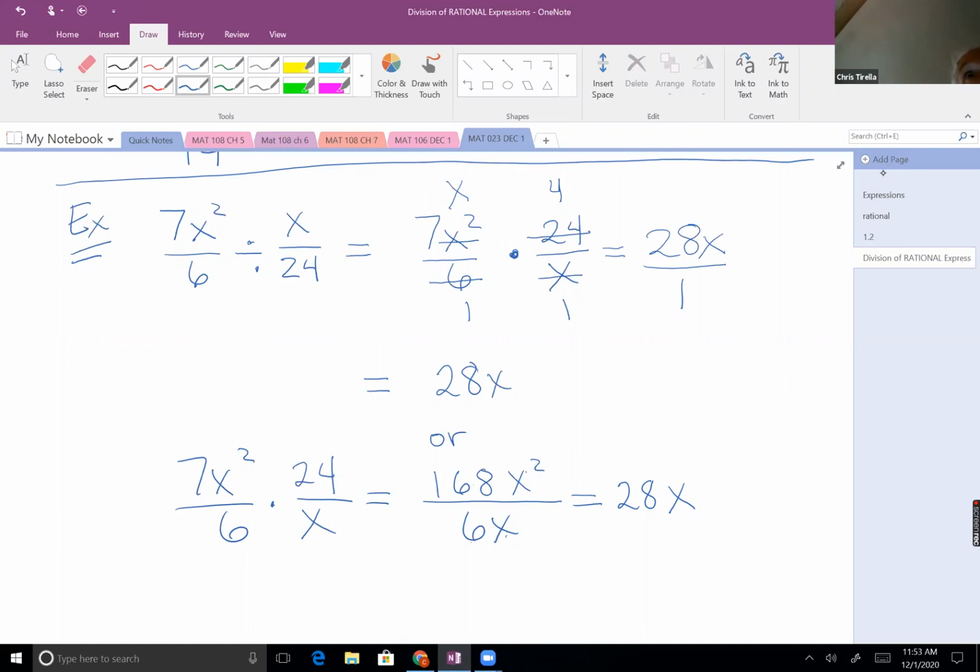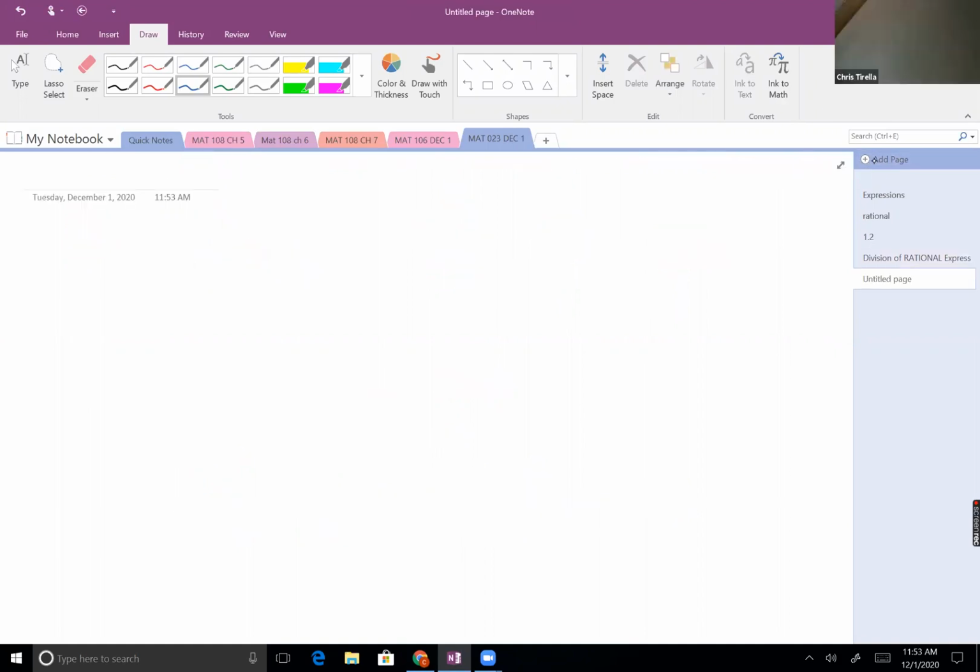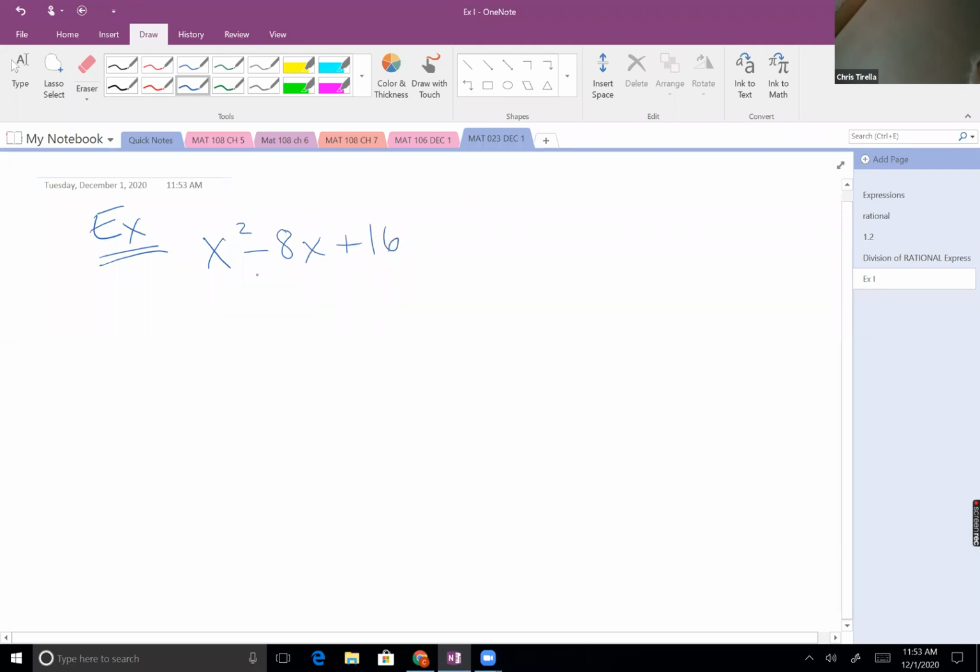Questions on that one? No. Then let's look at some that are slightly more challenging. Next example, let's take x squared minus 8x plus 16 over 6